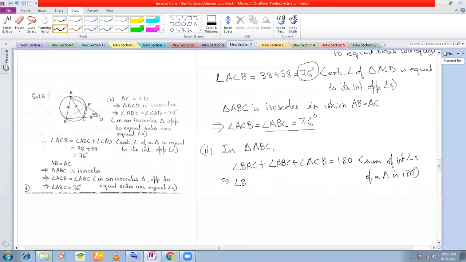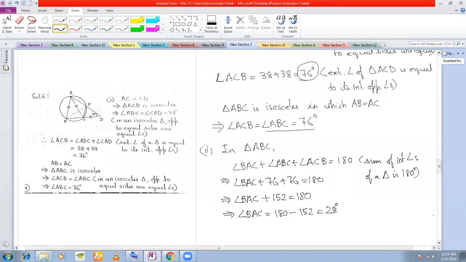Angle BAC plus 76 plus 76 must be equal to 180. Means angle BAC plus 152 is equal to 180. That means what is angle BAC? It is 180 minus 152. So this is 28